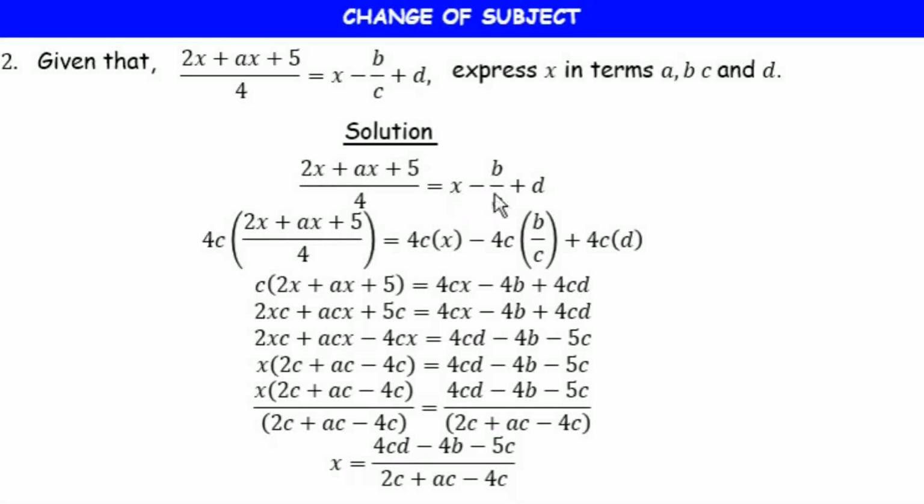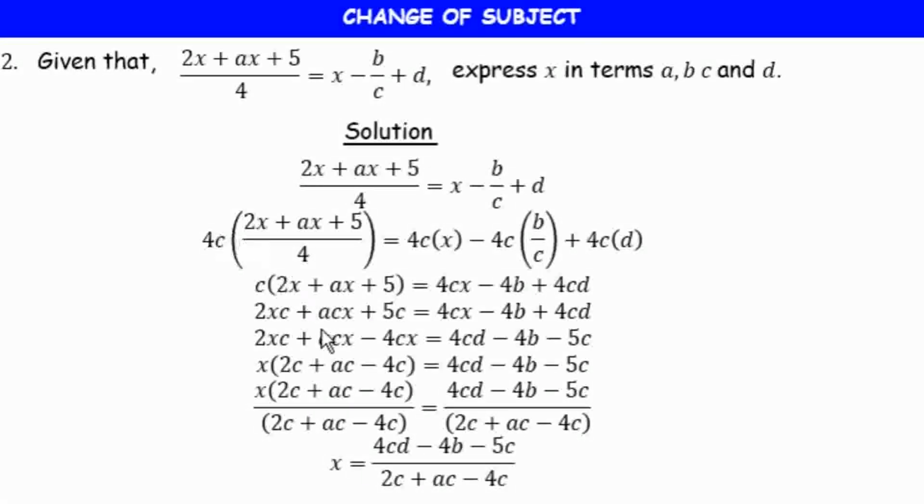So like I told you earlier, whenever you have a fraction, or let me say a denominator or denominators, what you do is that you find the LCM and then you multiply every term by the LCM so that your equation becomes linear, right? So here the LCM is 4c. So how do we get the 4c? We just multiply the 4 by the c here, right? So we're going to multiply each term